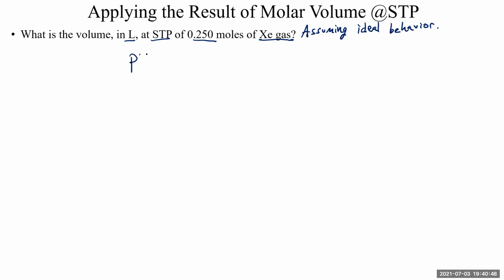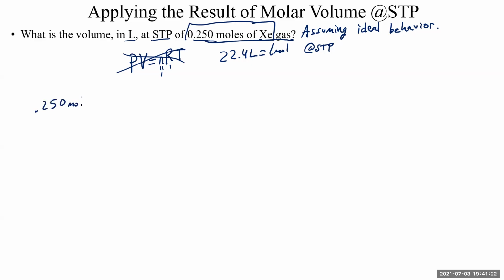So again, we're going to use PV. Well, actually, no, we're not. We've already used PV equals nRT. Now, if you want to recalculate the molar volume of that gas, you can plug in n equals 1 and the R value and all that. But if you memorize that it's 22.4 liters equal to 1 mole of any gas, as long as you're at STP, you don't need to do any more calculating other than the basic dimensional analysis. So let's start with what we know: 0.25 moles. I'll just put 0.25 moles because it doesn't really matter that it's xenon.